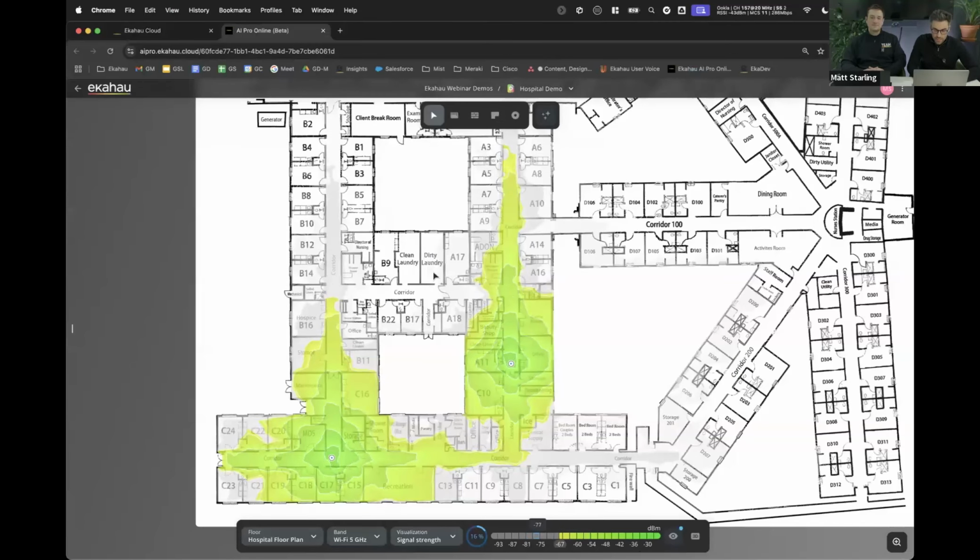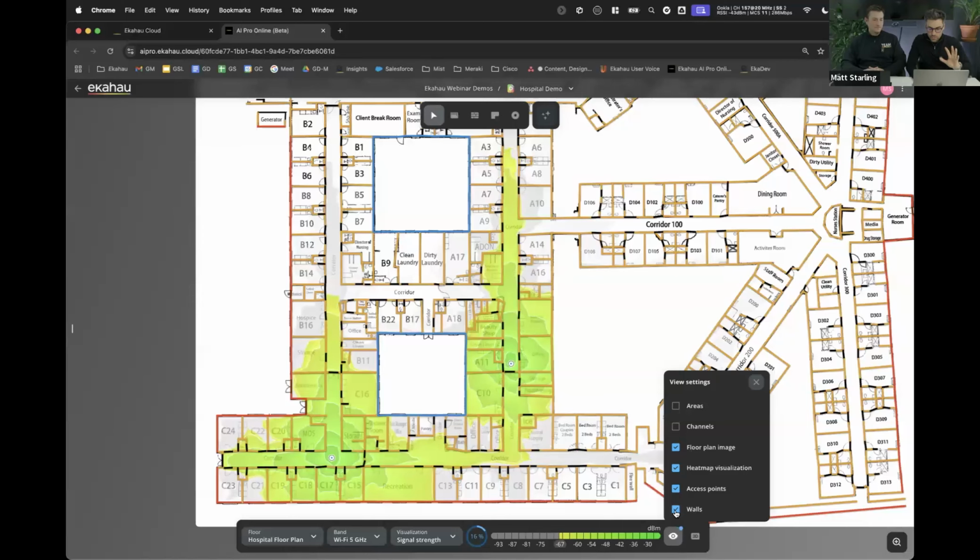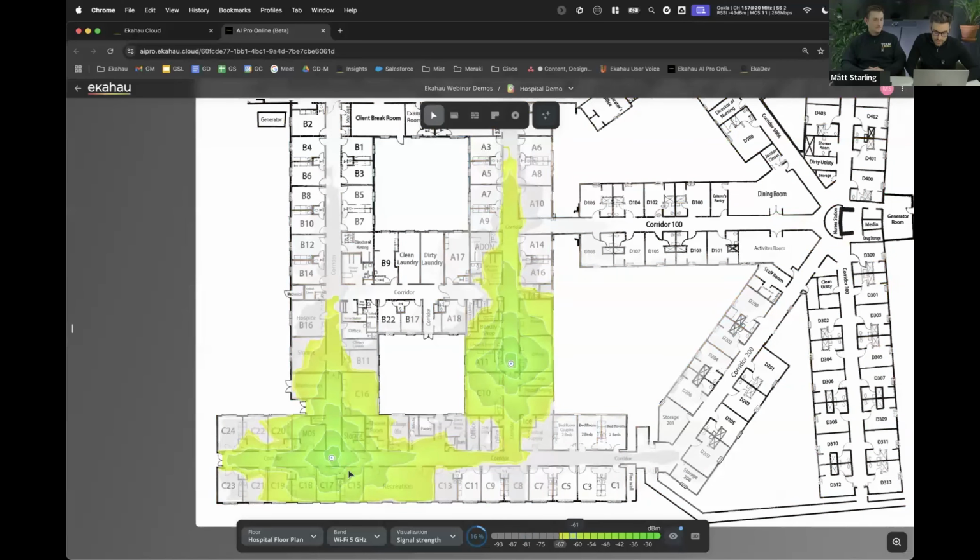What I've got is a floor plan. I've got all of the walls drawn. I've just turned them off, but I'll turn them back on so you can see them. I really just want to focus on these two access points for now. I placed one access point here in the hallway and another here in the hallway as well. The other thing I want to draw your attention to, as I move my cursor along the heat map, can you see down the bottom it updates the signal strength?